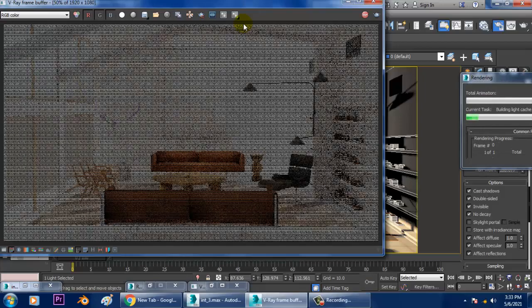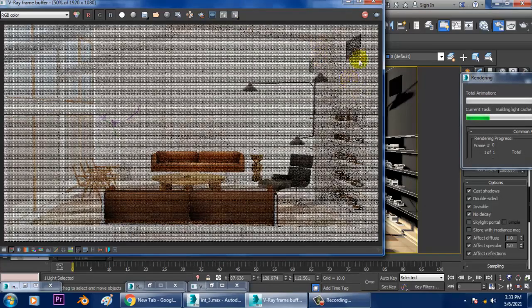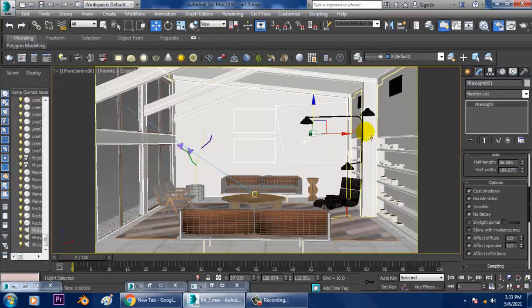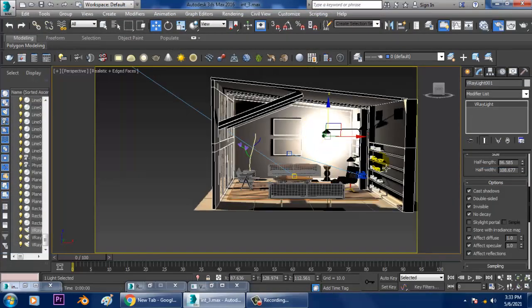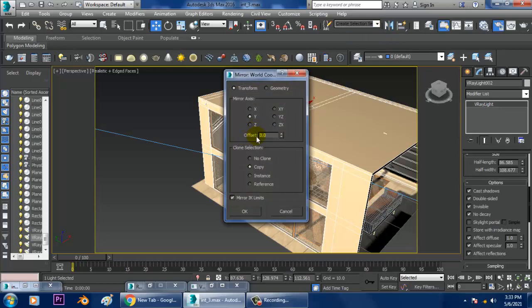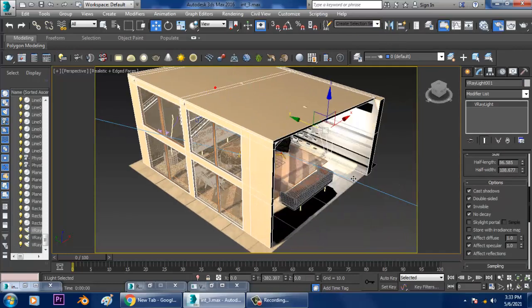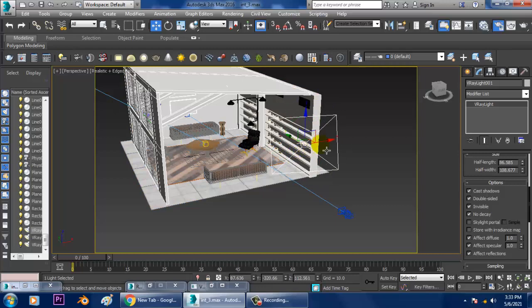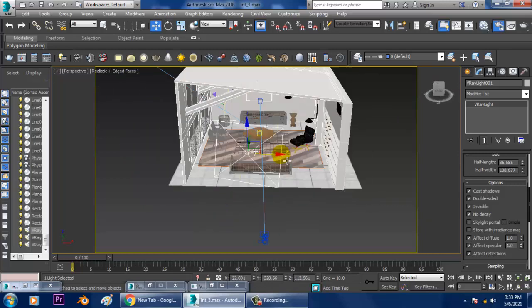Okay, so there is a lot of illumination over here, so I'll just mirror this light in this axis, slightly shuffle it in this way.